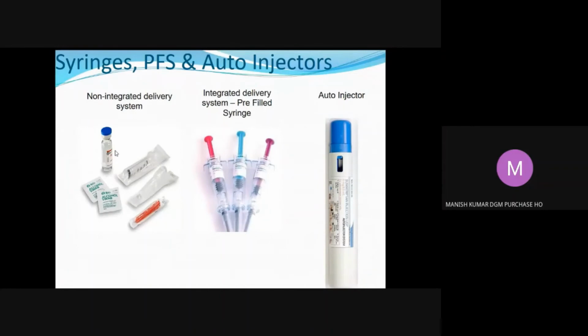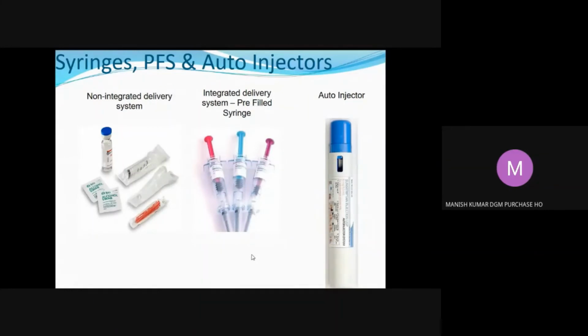But in India, we still use the vials and disposable syringe. The pre-filled syringe is also slowly coming in the market, but at a slow pace. Pre-filled syringe barrels can be made from plastic as well as from glass. Mostly it is made from glass. And this is called the plunger, and the top side is the needle, and this is a preventive. Once it is used, that preventive will come to the front and it will stop any injury to the patients. So those types of syringes are also available.